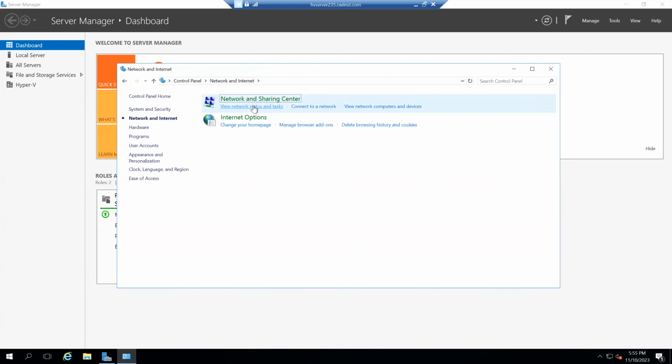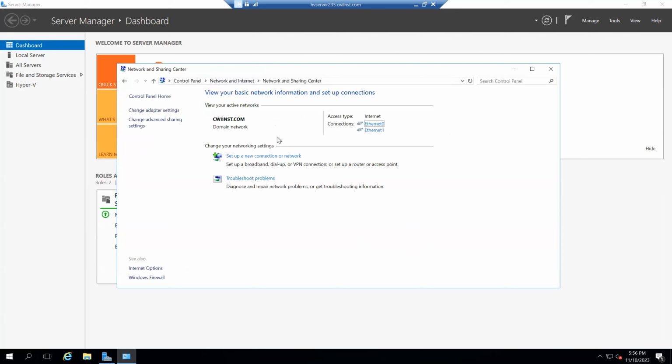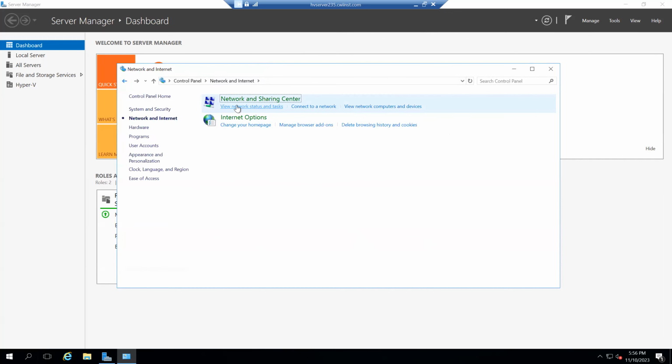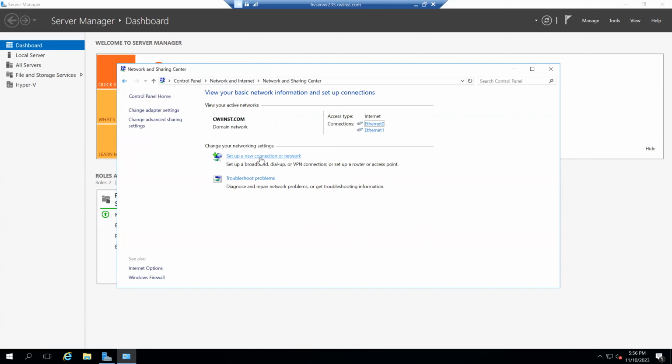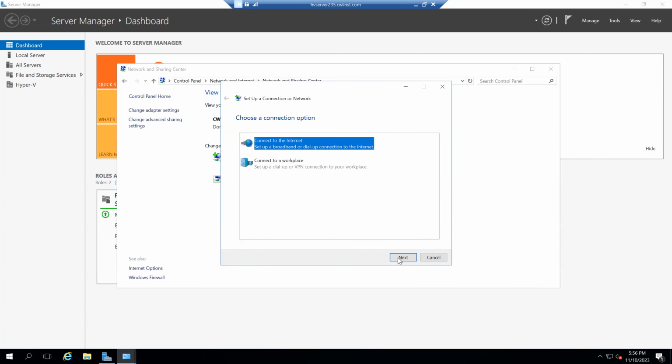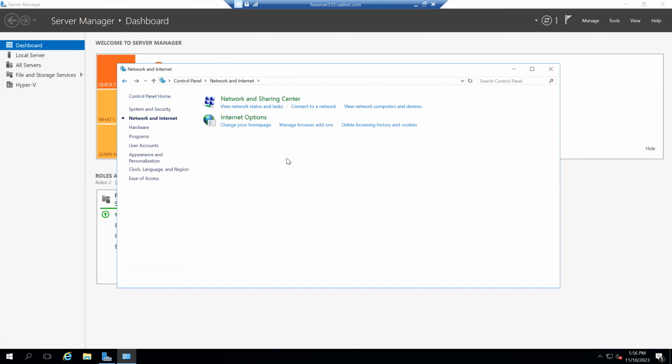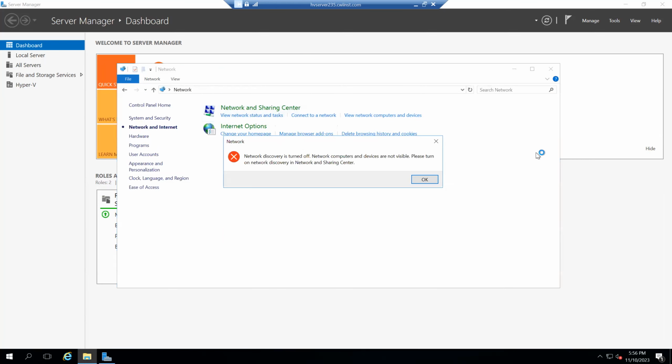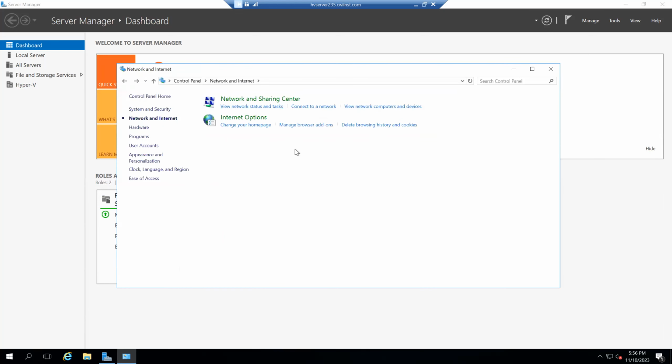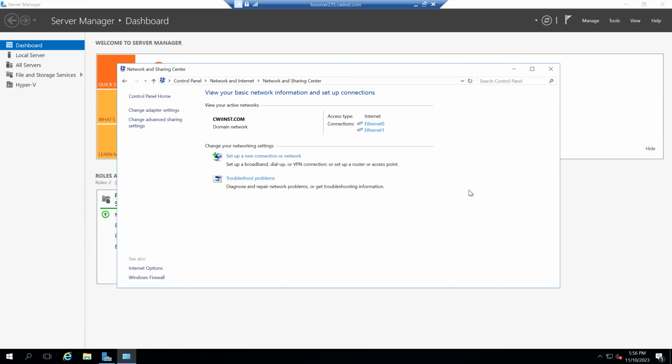Okay, so I am old school, so I always like to go in and just check everything through here. You can see here's your basic network, and here's your set up a new connection or network. I'm guessing that's probably where we're going to end up on the next one. View network connection and devices. Oh, well, yeah, I guess network connection would be turned off. Duh. But yeah, so this is what we have listed in there for our basic network connections. Okay, so